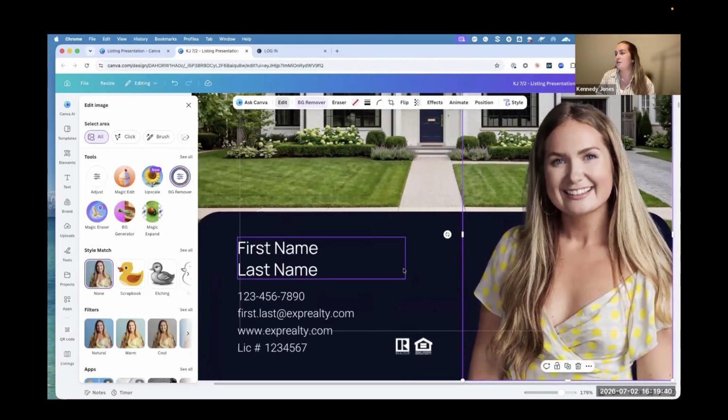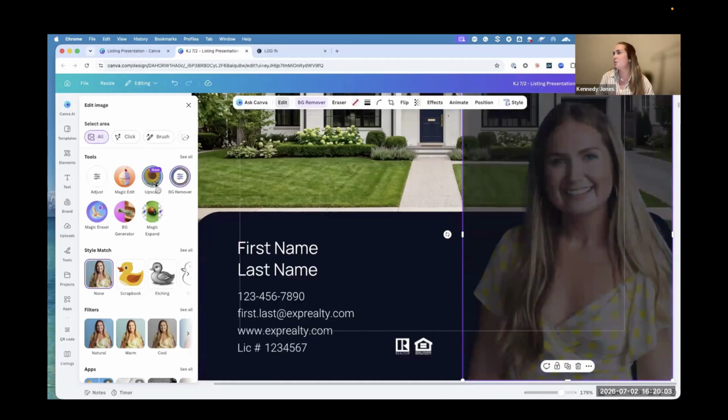As you can see, of course, it looks like it did a really good job of all those individual strands of hair, but maybe I want to upscale this a little bit further. Maybe it looks like I didn't get a great night of sleep or something like that, and I want to go ahead and just kind of polish this photo. One of our new Canva features is actually this upscale capability. So you'll notice once I click on that, Canva AI is working its magic to go ahead and polish this